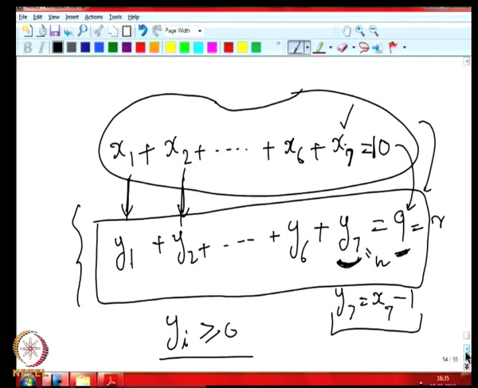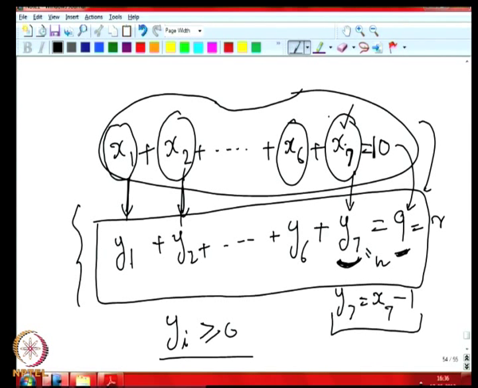See, this last one may look like a change of variable, but you could have argued using the balls and bins in a more concrete or combinatorial way. For instance, you remember this, each of xi corresponded to a box there. So, x1 corresponds to the first box, x2 to the second box, x6 to the sixth box, x7 to the seventh box, and so on, right. When we say that x7 should have value at least 1, it means, and remember, this is 10 identical balls, right,